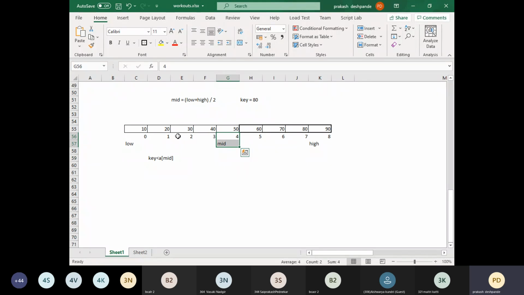It is not present on its left side, so it is present on the right side of the mid. So right side of the mid means what? Mid plus 1. So always mid plus 1 gives the new value of low. So the second time, I need to only search the right side, wherein we got the new value for the low, whereas the high retains its own value.